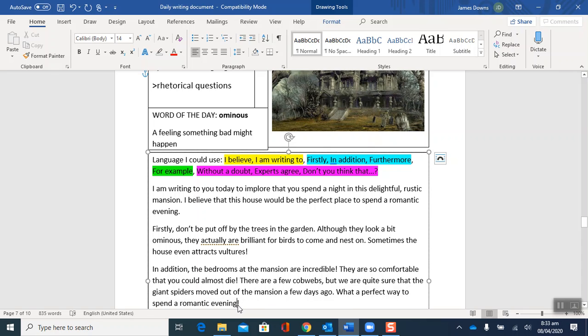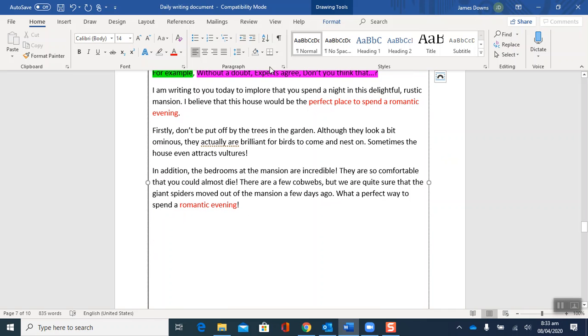Okay, so I've said, what a perfect way to spend a romantic evening here. And I've also said it, perfect place to spend a romantic evening here. So I'm being very clever here, trying to get them to stay in my haunted mansion. And I'll say it here, experts agree or without a doubt. So maybe not experts agree, I'll go with without a doubt. So you're saying to the reader, there is not a doubt in my mind that this is the best place to stay in the world. Okay, without a doubt,